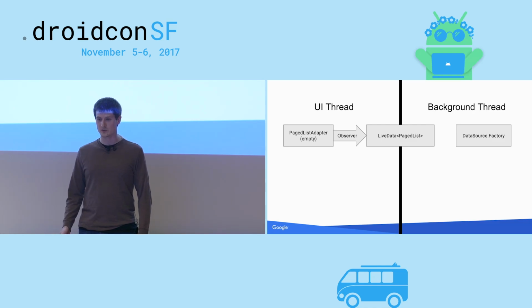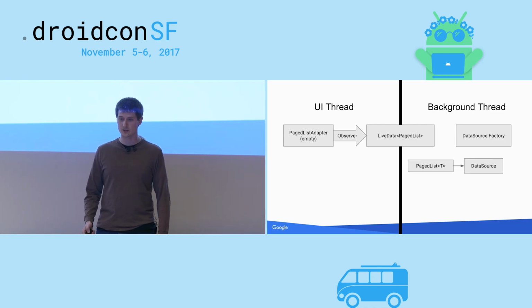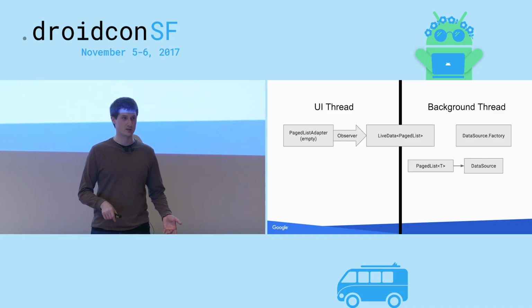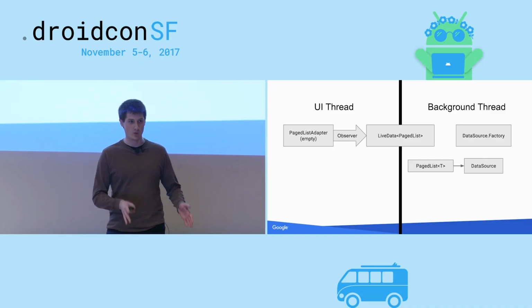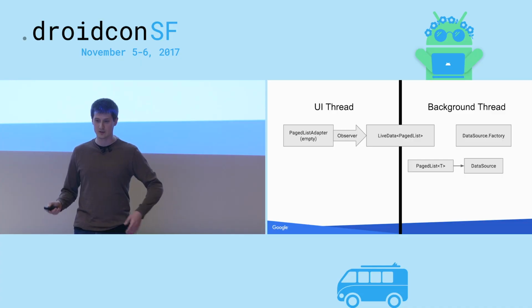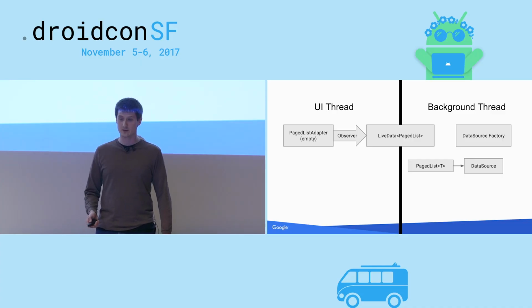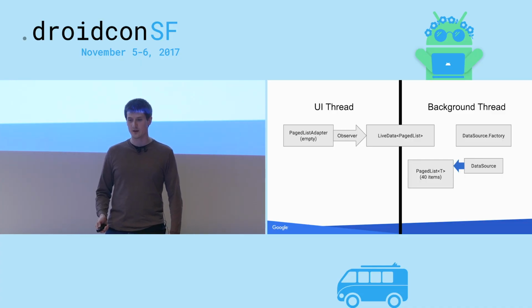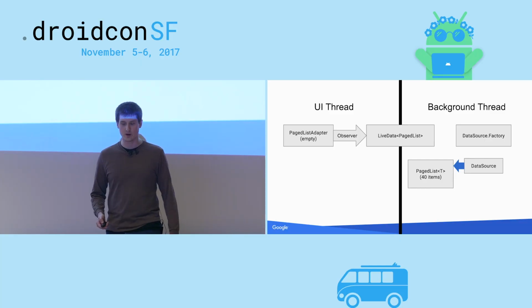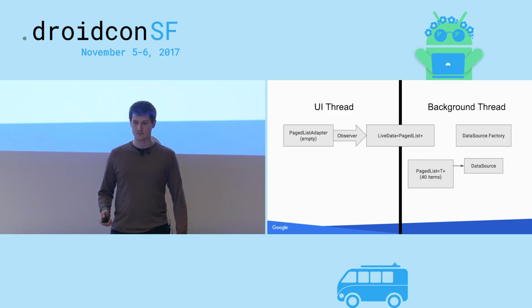So the data source factory will then produce a data source and wrap that with a page list. The page list is the UI list component, the data source is the loading component. The data source will then fill that page list with data, and the page list has 40 items. We do that before we send it over so that we never present empty lists over to the UI thread if at all possible. So then we pass that over to the UI thread through the live data,